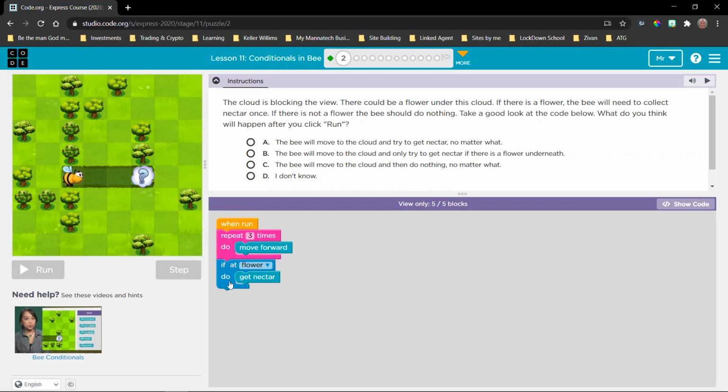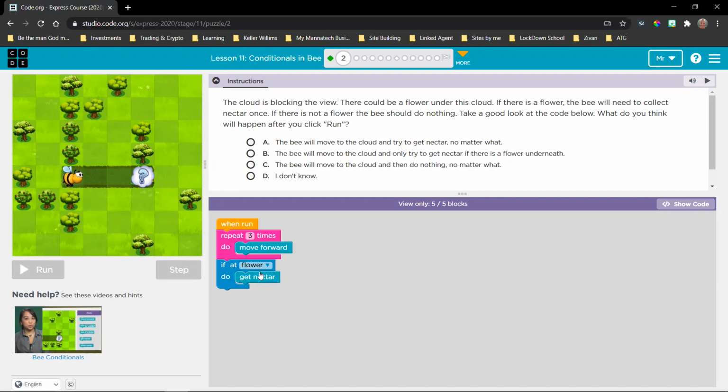Then we use an if statement, a conditional statement, stating if at a flower, right, you have to get the nectar. So what is happening here is this get nectar will only run if there is a flower. If there is no flower, the get nectar will not run.